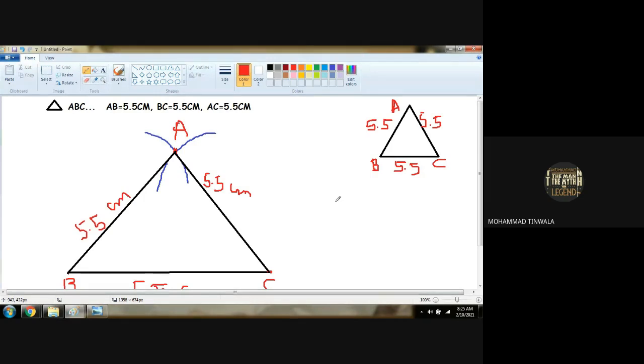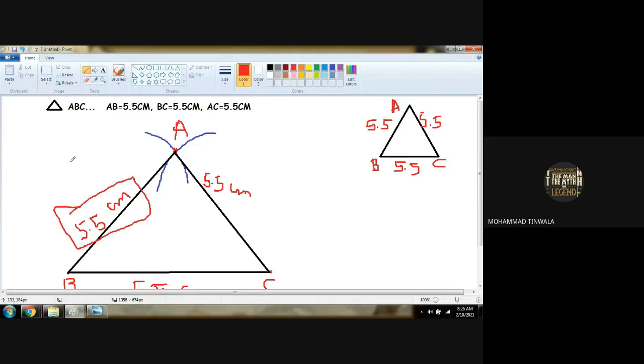If you measure it, it might have an error, because I have not done it with accurate measurement. But your diagram will be compulsory with the accurate measurement. Why? Because you are going to use your rounder and scale for measuring the things. After completing this construction with the help of rounder, once you put your scale on line segment BC, you will find this 5.5 centimeter only.